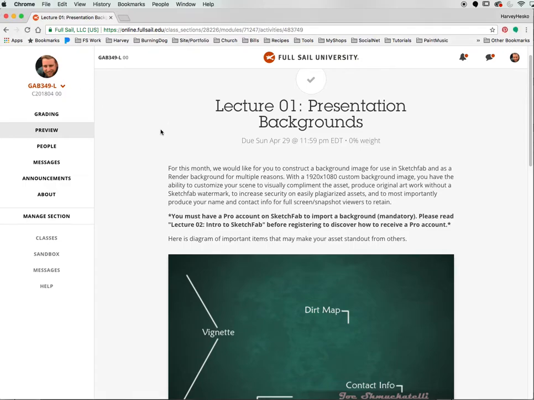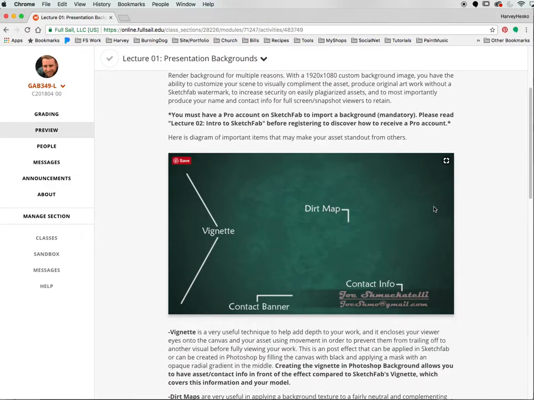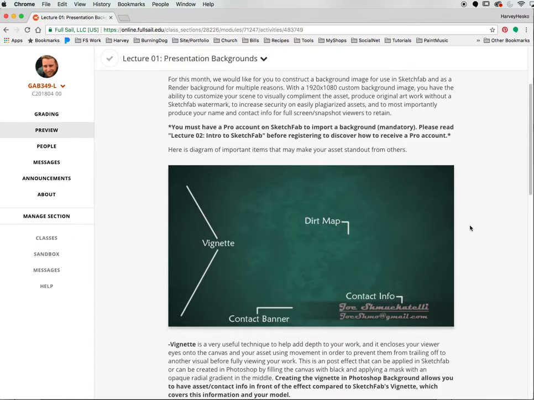Presentation backgrounds are very key for a couple different reasons. One reason is having your contact information there, which is very important. As people are looking at your work, as they're seeing Pinterest and socially seeing you, it's nice to have your contact information there for people to further contact you and find out where you're at. It's also a lot harder to keep people from ripping your work